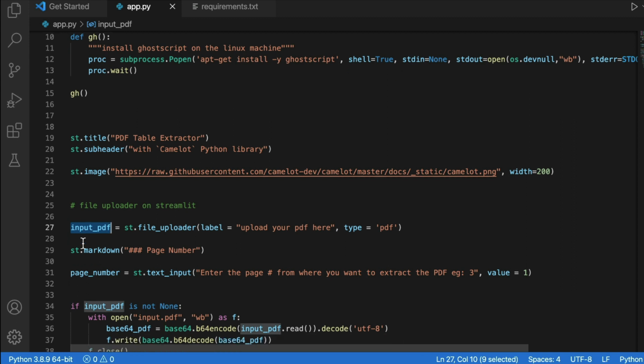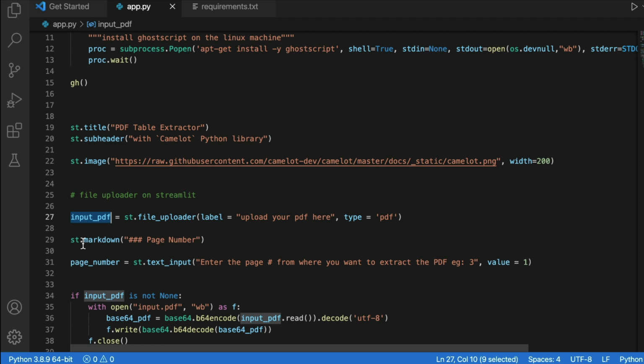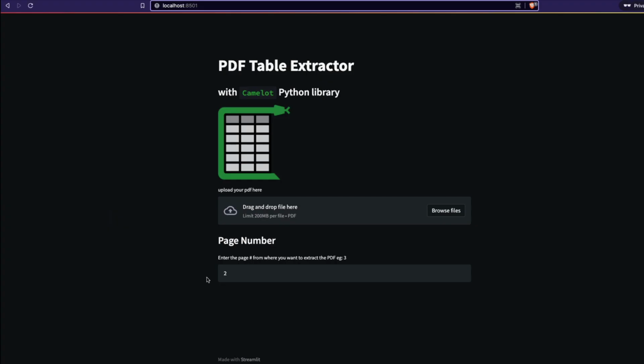So it's very similar to that. Now the next thing is Camelot has an important function or feature where every time you have a PDF, by default Camelot reads the first page and then tries to extract table for that first page. But we don't want to restrict only for the first page, right? Sometimes you might want to extract the second page. Sometimes you might want to extract a table from the third page. Sometimes you want to extract the table from the 10th page. So we want to give that ability to the user.